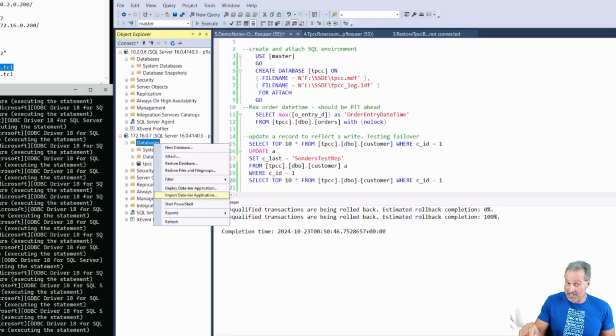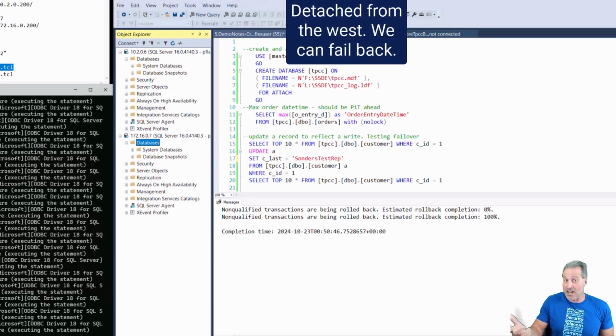I simply detach the database like we did before. I'll refresh it. And why am I doing this? I'm doing this so SQL Server does not know about it. I go back to east, but then I'm in a clean state. If I ever had to fail over again, everything's already taken care of. So if you follow these steps, over to DR and then back, everything is super easy to do as long as you follow these simple steps. And it can all be scripted and automated, absolutely.